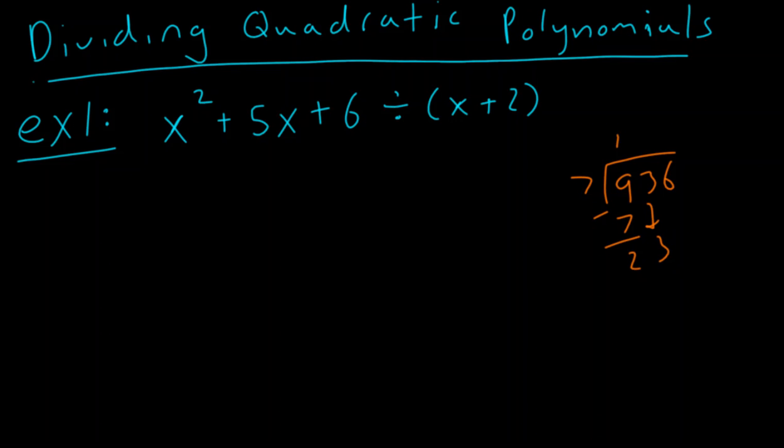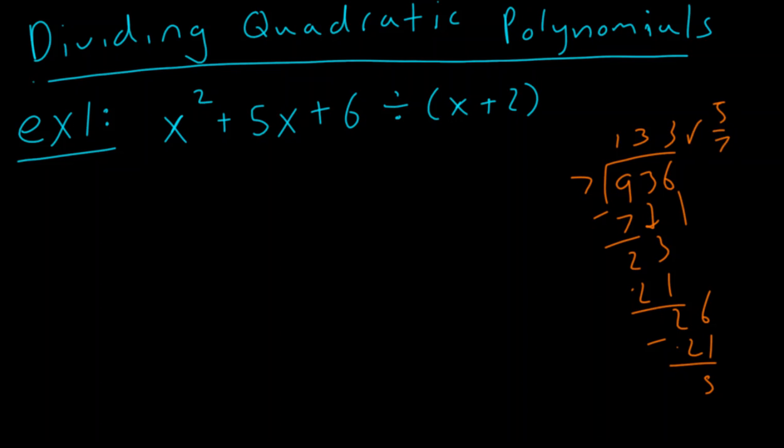You say, well, how many times does 7 go into 23? It goes in 3 times. 3 times 7 is 21. 23 minus 21 is 2, and we drop the 6. How many times does 7 go into 26? Well, still 3, so 3 times 7 is 21. We subtract it. We have a remainder of 5. So we have a remainder of 5, or you could say a remainder of 5 sevenths, however you really want